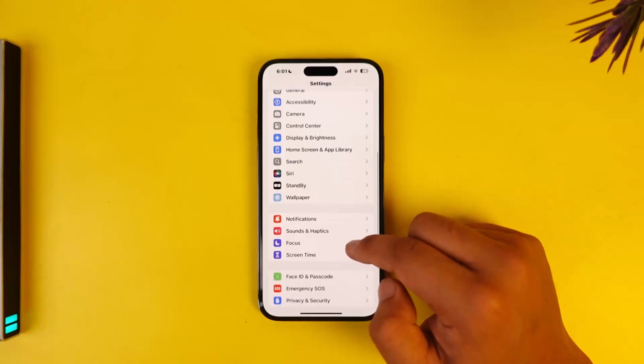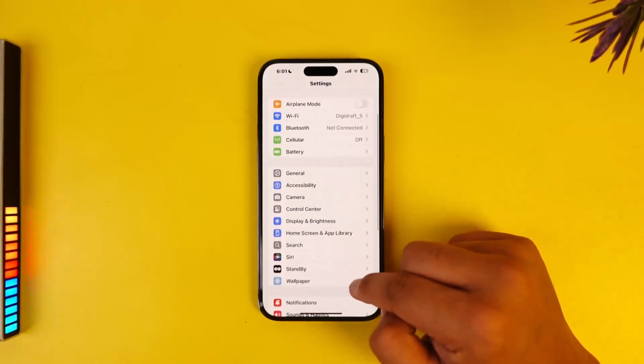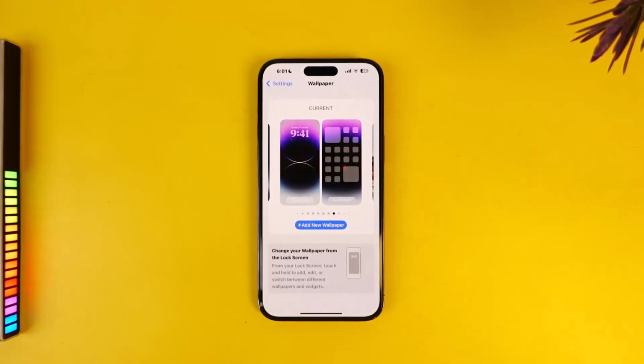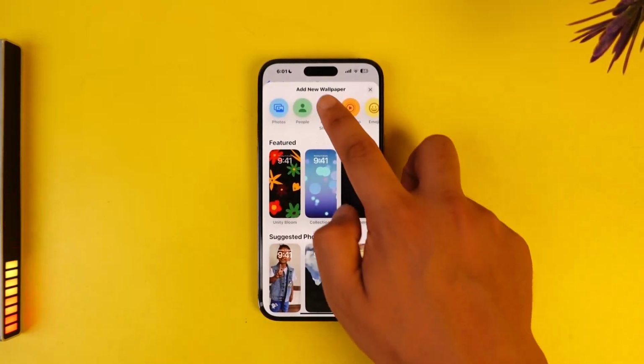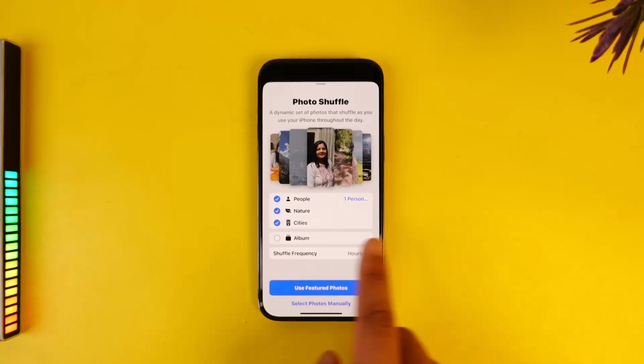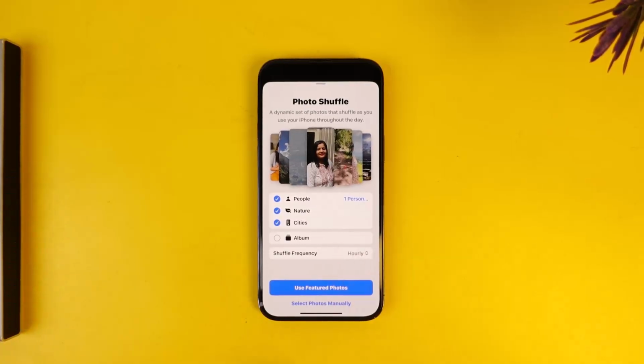From here you want to simply scroll and look for the wallpaper option. When you tap on the wallpaper option, tap on Add New Wallpaper, then go to Photo Shuffle. From Photo Shuffle you can choose any of the featured wallpapers, or you can choose to select the photos manually,